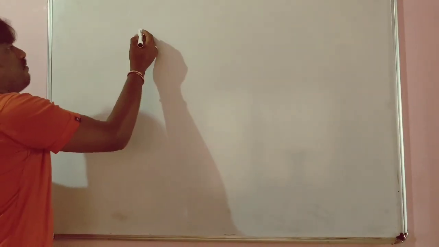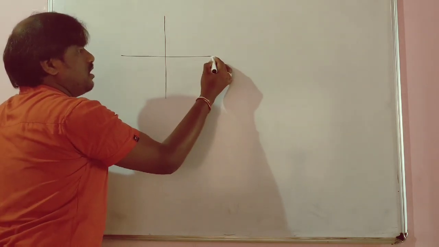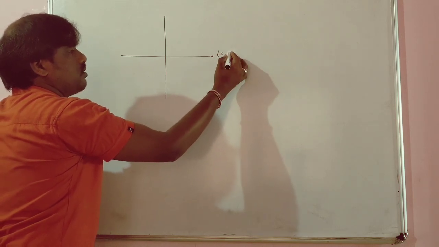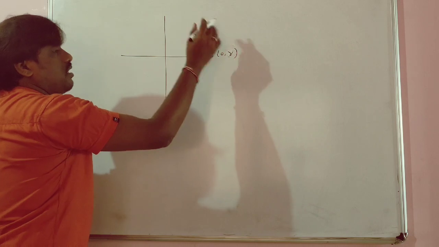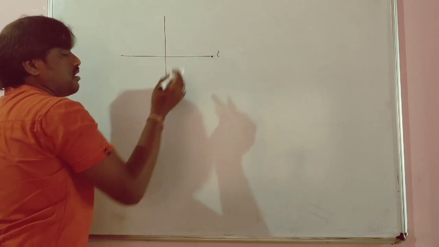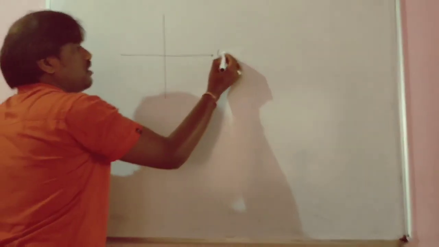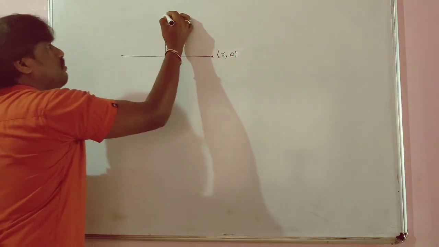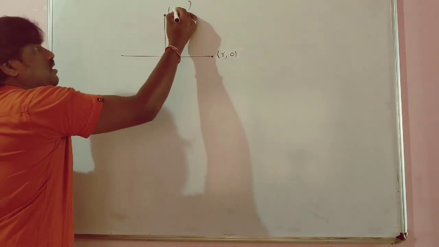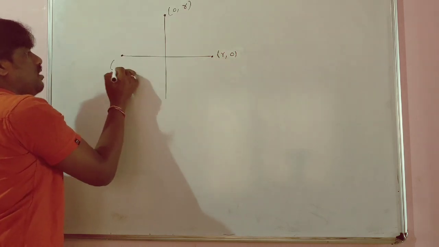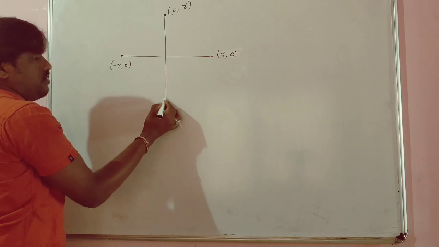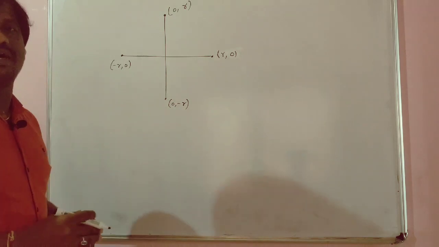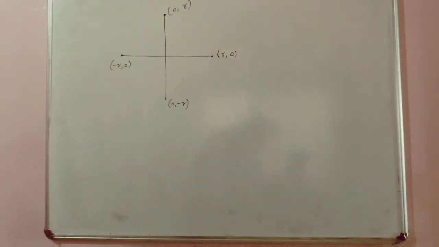suppose you have 180 degrees, all this I told you yesterday already. Here let us consider this as 0 comma 0 point, 0 comma r. Yesterday I told you the point on the x-axis will be r comma 0. This will be 0 comma r. This will be minus r comma 0. This will be 0 comma minus r. According to the formulas I gave yesterday, you can find 180 degrees.